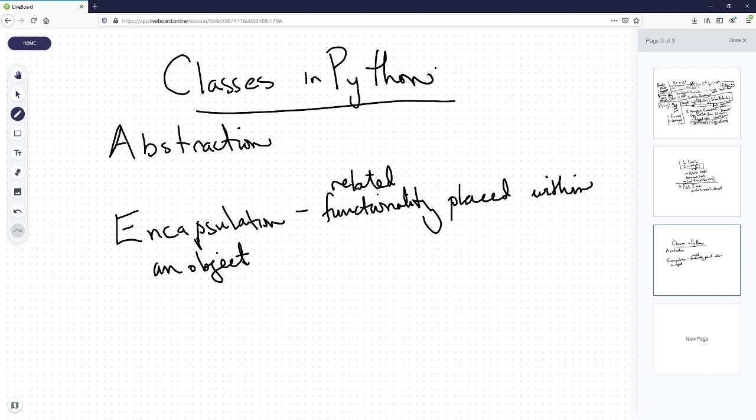So you'll have a bunch of different data and you'll have methods that are all related to the same thing, whatever that thing is, the idea of that object. So for instance, if it's a character, then it'll have some stats, and some things that the character can do, actions that it can perform. And then there's abstraction,